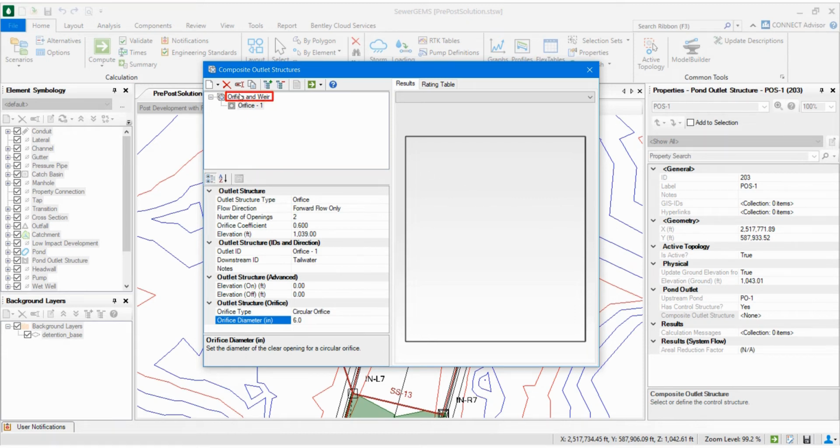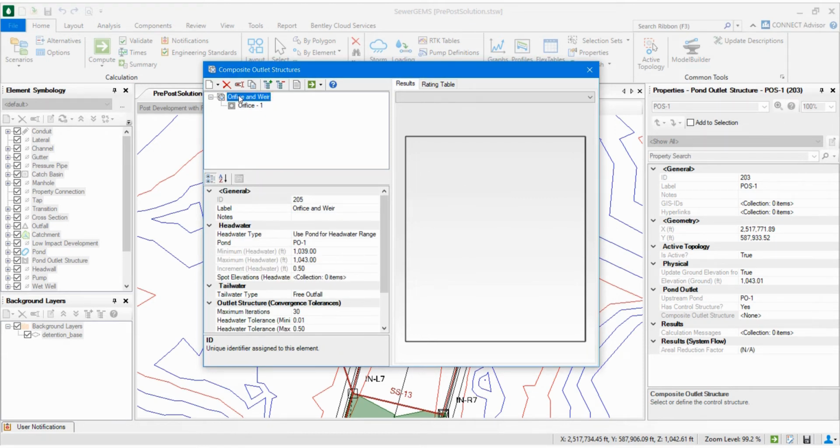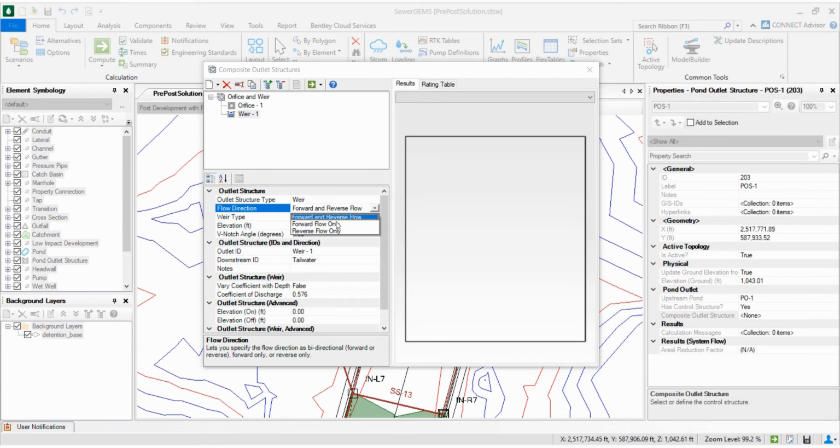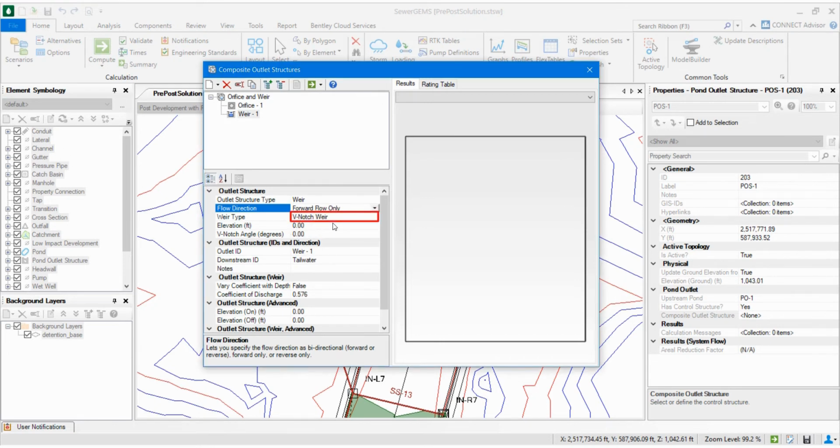With orifice and weir selected again, click the New button and select weir. Set the following. Keep the outlet structure type as weir. Flow direction forward flow only. Weir type as V-notch weir. Elevation of 1040 feet.